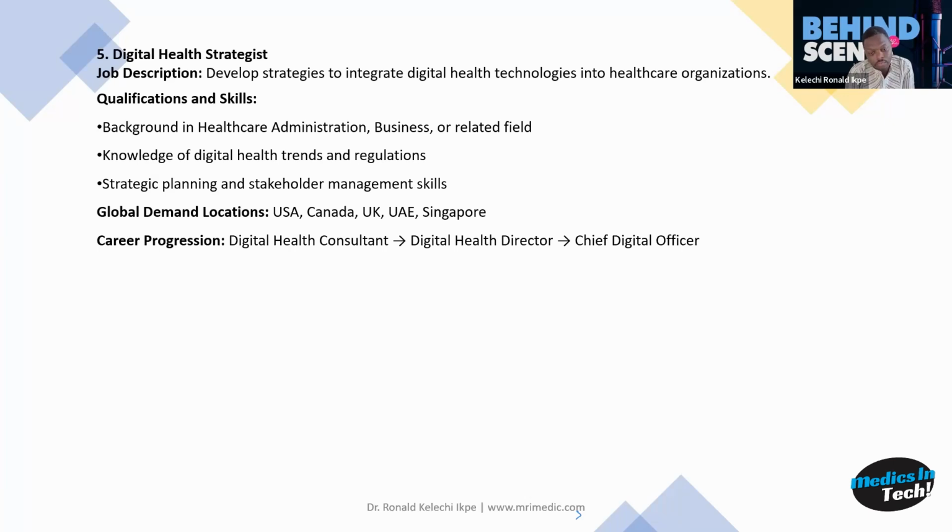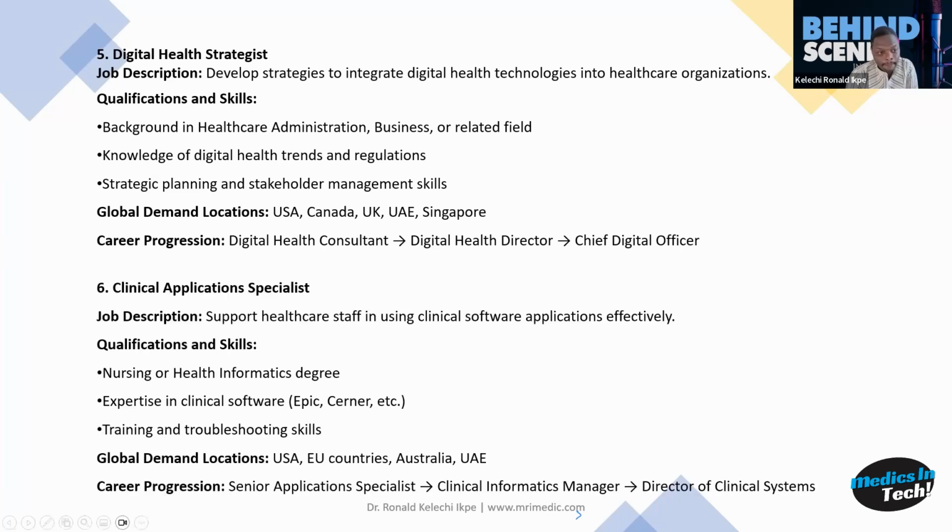Again, these are senior roles and you need to improve yourself or build yourself with certifications to get to those areas, or a chief digital officer. Then we'll quickly look at the clinical applications